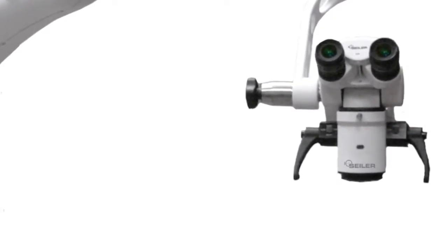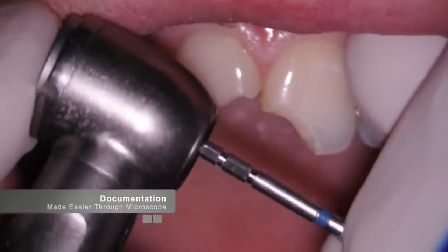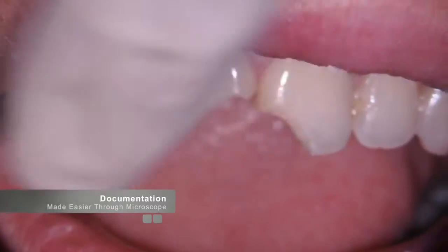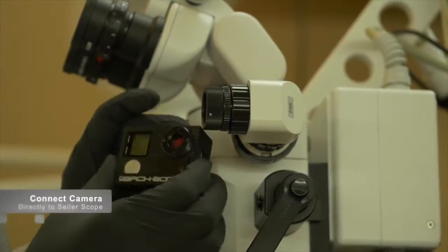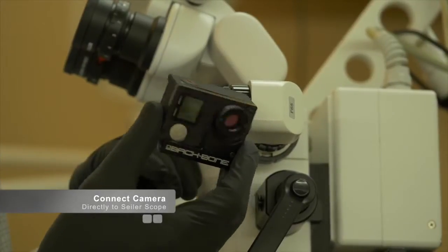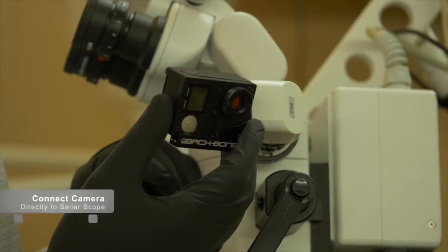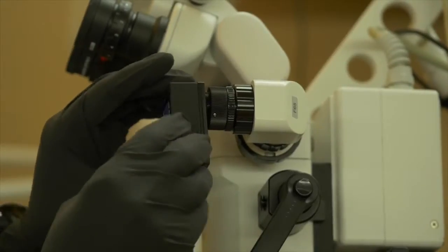Another reason that I've personally used a microscope for years is that it simplifies my ability to document cases for educational purposes. This is critical for someone who is presenting cases regularly. Having the case documented through a scope in either video or still format is an invaluable tool for both doctor and patient education, as well as to contain any potential medical legal situations that invariably may arise in a clinical